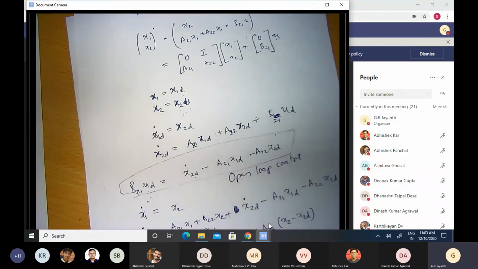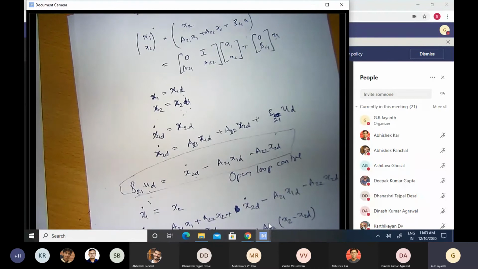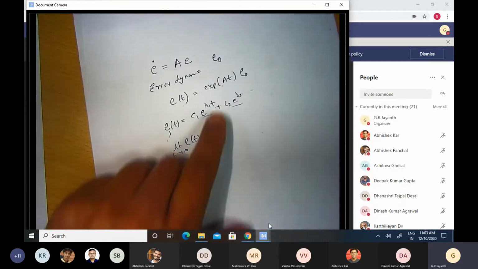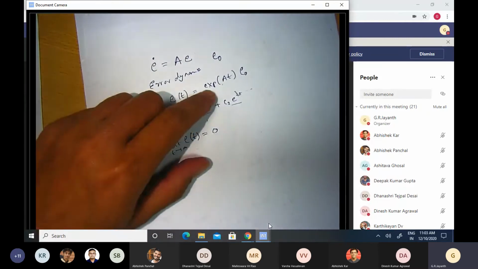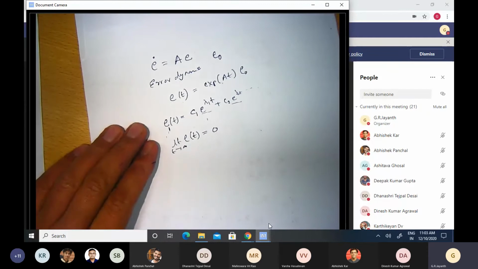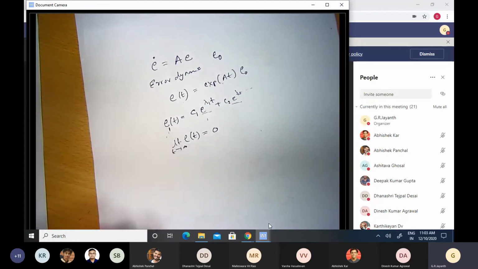It turns out that this same strategy can be applied even for the original nonlinear differential equation that the 2R manipulator obeys, but with some modifications. And this strategy is called the computed torque technique of controlling the 2R manipulator. We'll get to that once we understand a little bit more about how to address the problem that we are confronted with, namely how to address this problem of increasing exponentials that are attached to unstable systems. Any questions about this discussion that we had so far?